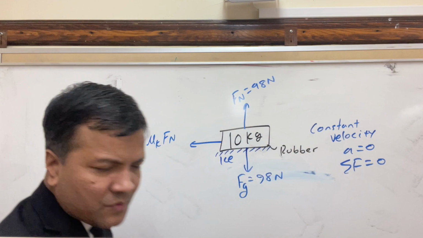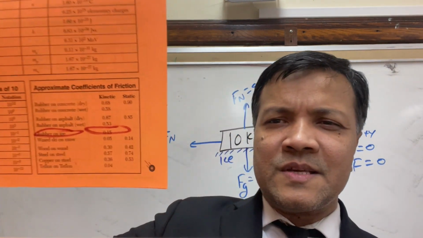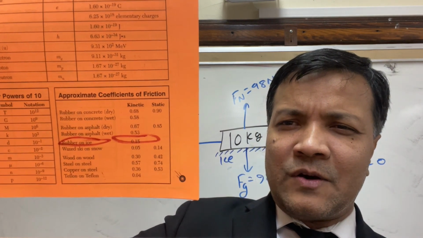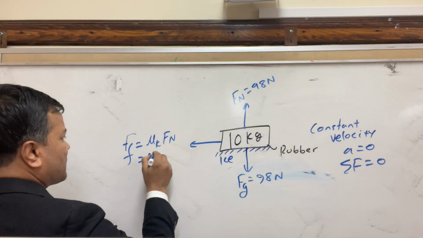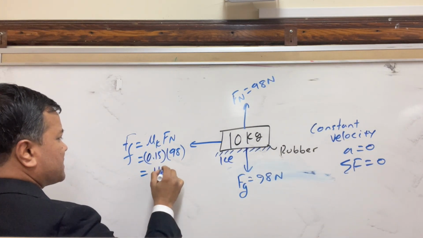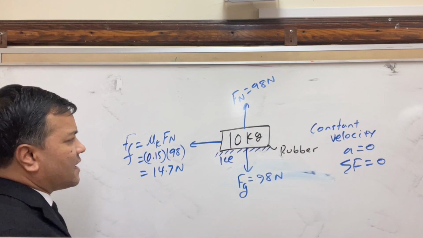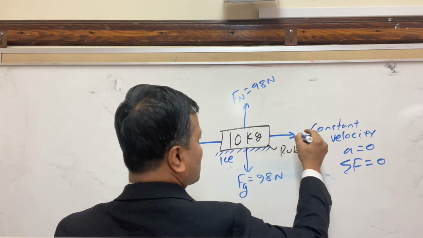Mu k, if you use the reference table, I put a circle over here, you see that this is for rubber on ice, 0.15. So you're going to use 0.15 times, of course, 9.8, and that gives you 14.7 Newton. If this is 14.7 Newton, this must be also